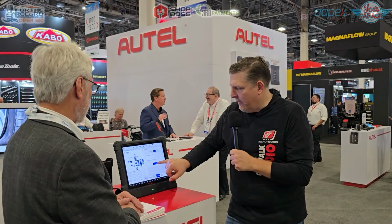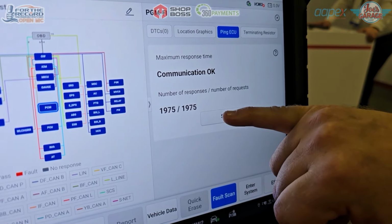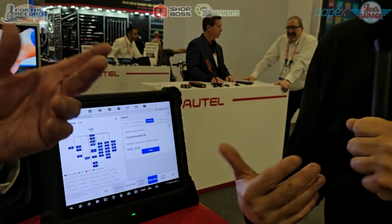There's feedback. If you've ever had issues with the internet and been on the phone with tech support, a lot of times they'll have you pull up a command prompt and then ping some network, some IP address. That's what we're doing, with a specific module, and seeing what comes back. If I hit the start button, it just starts sending data. The important thing is it's sending it out, and then you stop, and you can see it sent out this many, it returned that many, no packet loss. That means it's talking, that's live. So what does that